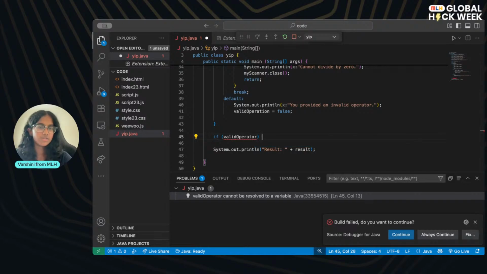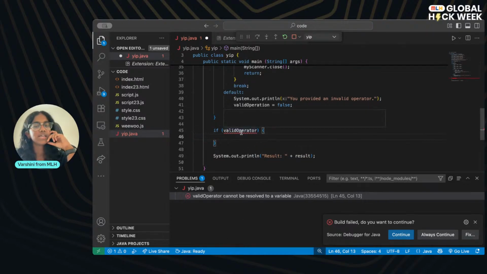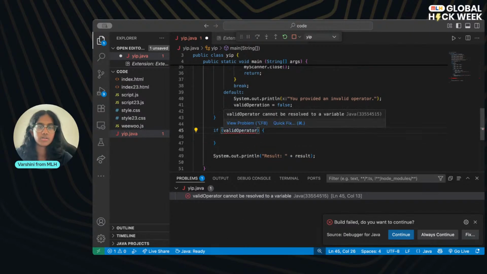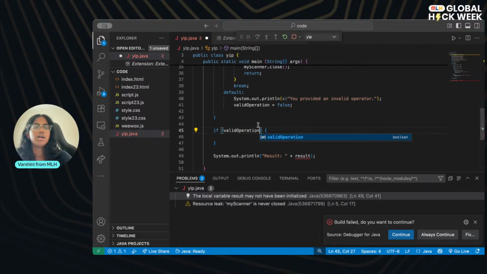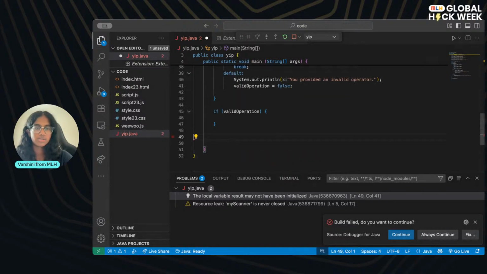So here is a fun little thing that you can do. Instead of checking whether or not the valid variable is equal to true, you can just do this, because remember, the condition within the if statement has to be true or false. So it'll only go if it's true. So you can just use the variable name. That's a little hack if you don't want to write more code. And now, instead of putting the code here, we're going to do it right here.